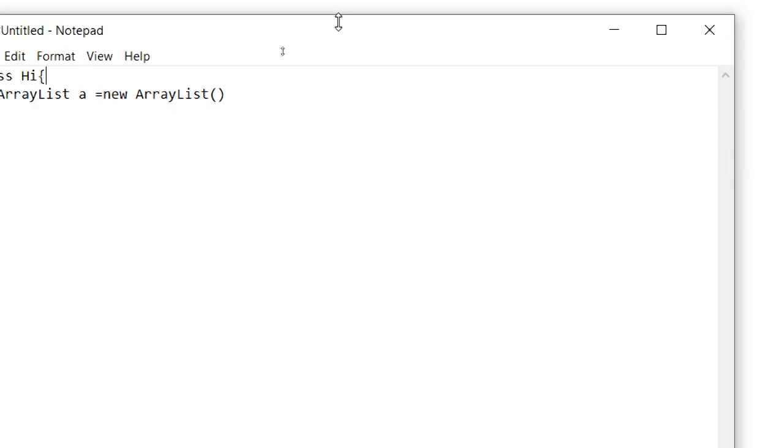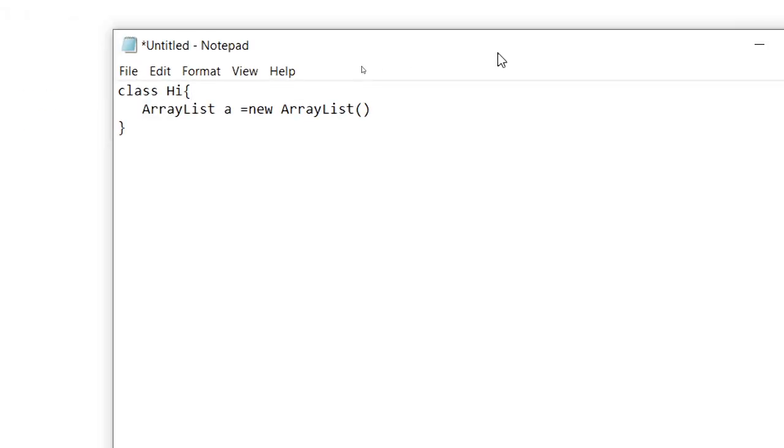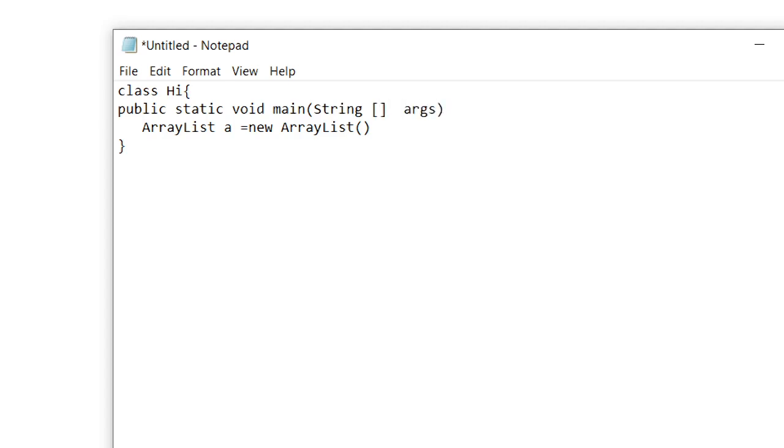I take a class, and in that class I take an ArrayList. First I have to take the main method also: public static void main(String[] args).